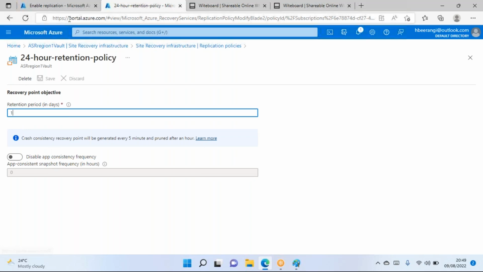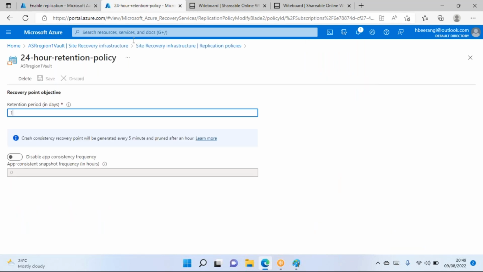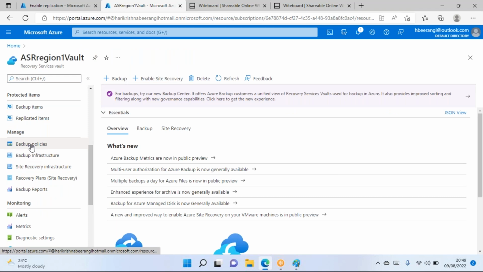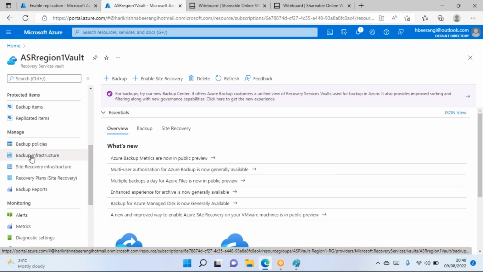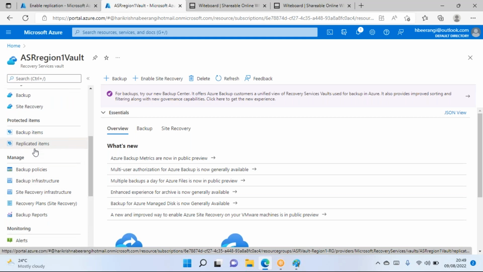Okay, so since this replication is in progress, we will not be able to see more settings under this. So let me repeat, backup policies, backup infrastructure, we have seen it during our backup configuration. Okay, so now if you want to go for disaster recovery setup using the site recovery replicated items, you have